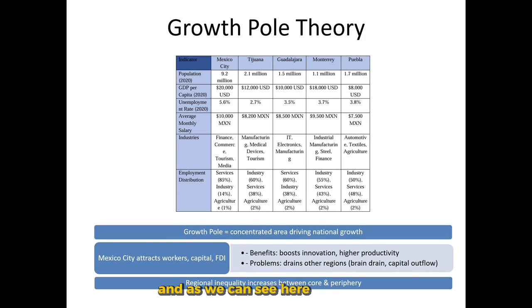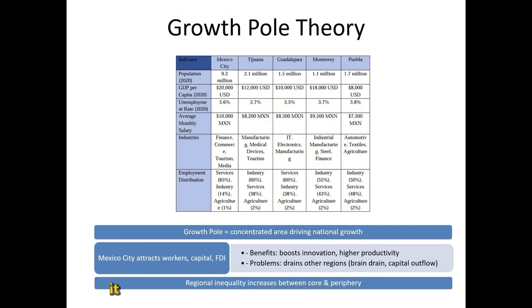As we can see here in the table, we have Mexico City as the metropolitan area, Tijuana, Guadalajara, Monterrey, and Puebla, the oldest city in Mexico. The indicators we have are population, GDP per capita, unemployment rate, average monthly salary, and industry, also the employment distribution of the industry. So, from the analysis that we conducted, we can say that Mexico City fits in this